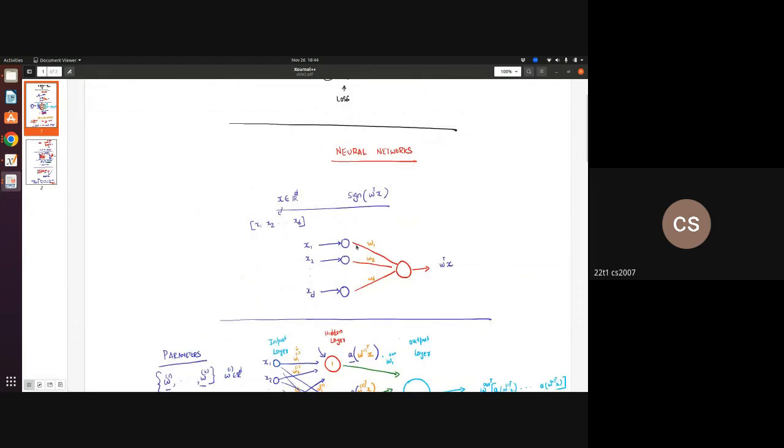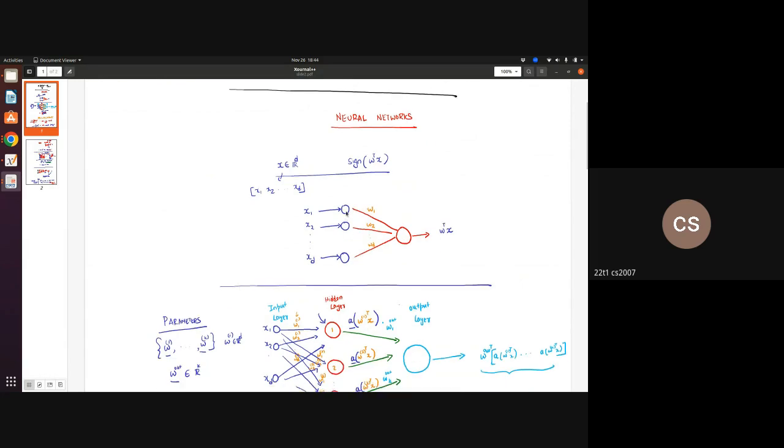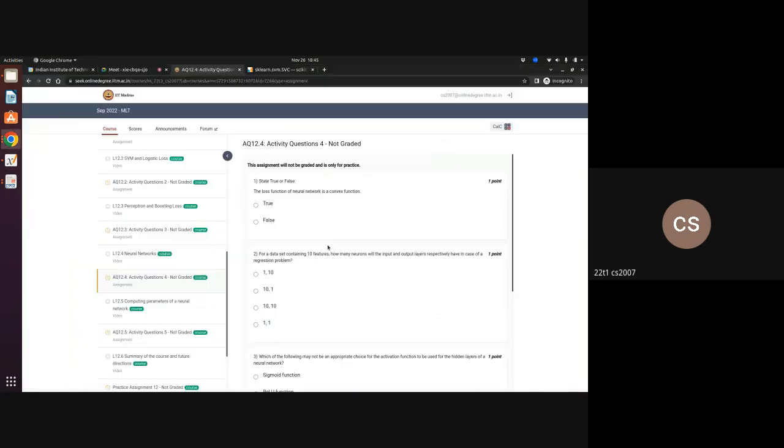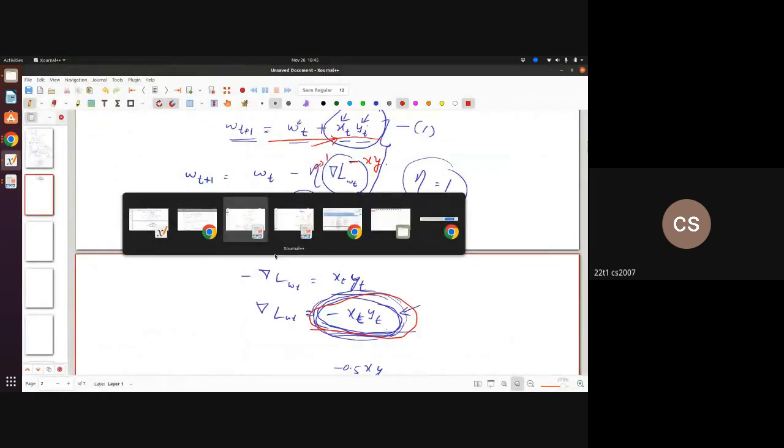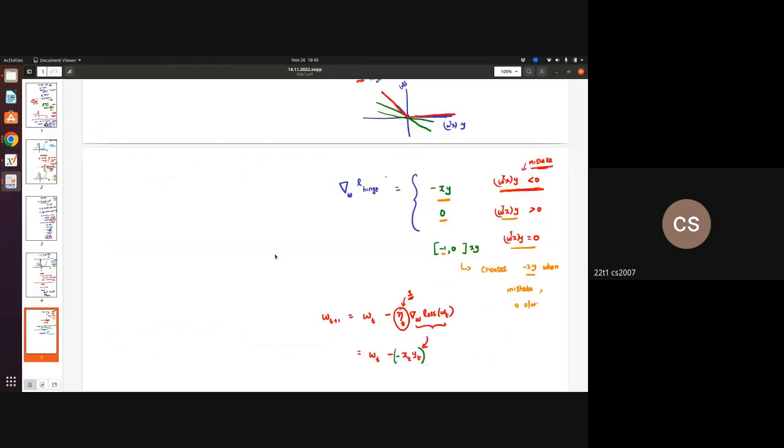These are the different neurons, and at every neuron, we have an activation function. So what are we asking here? The loss function of a neural network is a convex function. So the loss function that we get,